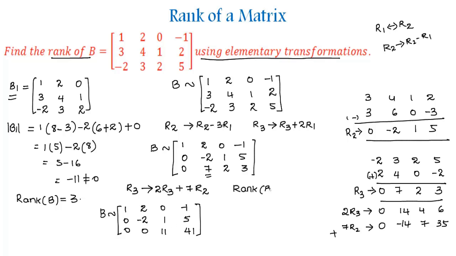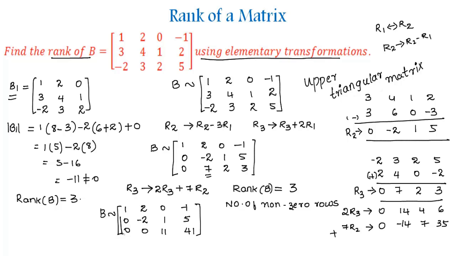And now we need to find the rank of matrix B, which will be equal to number of non-zero rows. So by observing the last column of matrix B, we can say that there are 3 non-zero rows. So therefore, the rank of matrix B will be equal to 3. And make a note that in order to find the rank of a matrix using elementary transformations, we need to convert the augmented matrix AD into upper triangular matrix. Here you can see that we have converted as upper triangular matrix. So this is how we find rank of a matrix using elementary transformations.